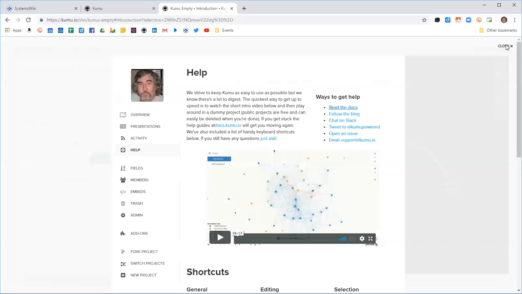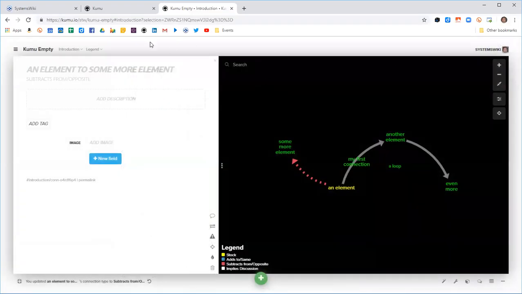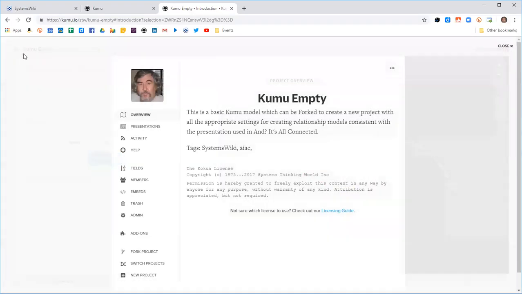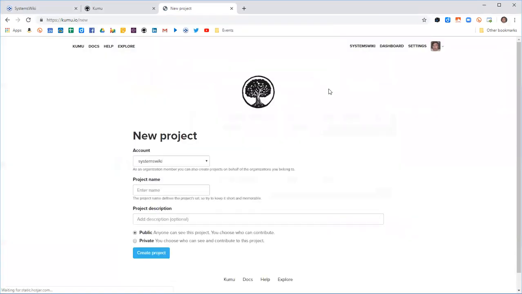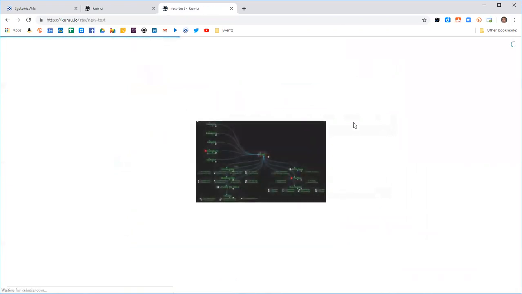When you create a new project, let me go ahead and say, new project. Create a new project, and I'm going to put it in my Systems Wiki account. New test. Some test. And it's public. When I create this project,